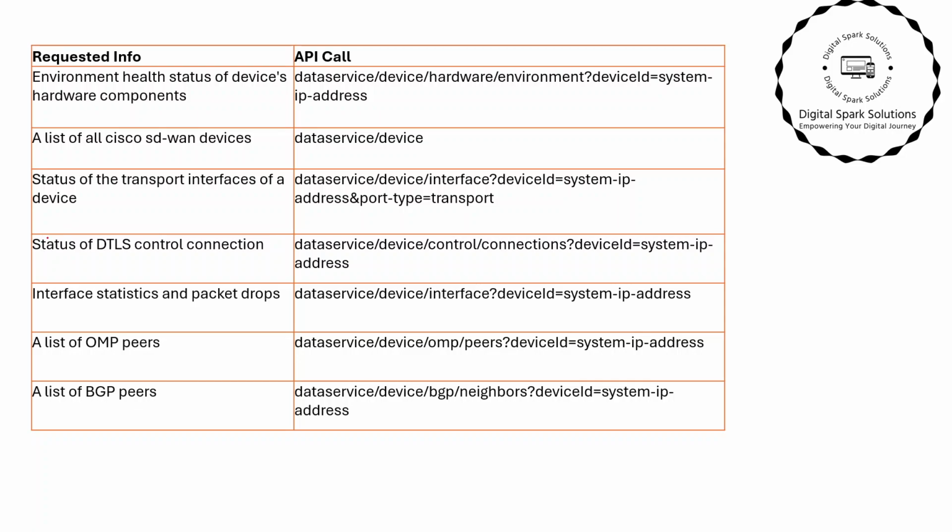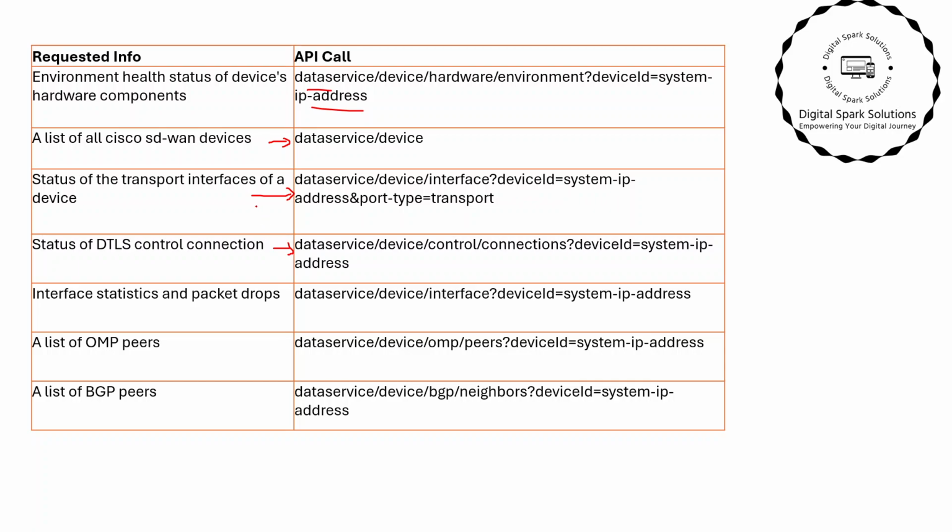Environment health status of devices' hardware components data: service/device/hardware/environment, device ID equals system IP address. A list of all Cisco SD-WAN devices data: service/device. Status of the transport interfaces of a device data: service/device/interface, device ID equals system IP address and port type equals transport. Status of DTLS control connection data: